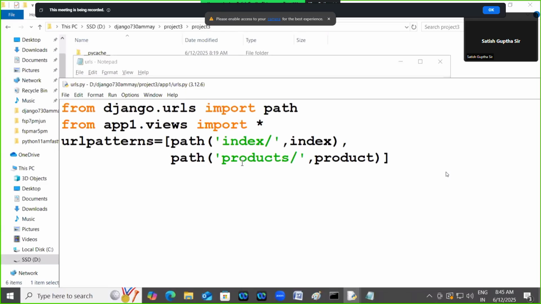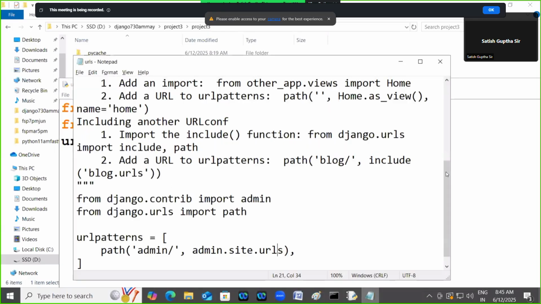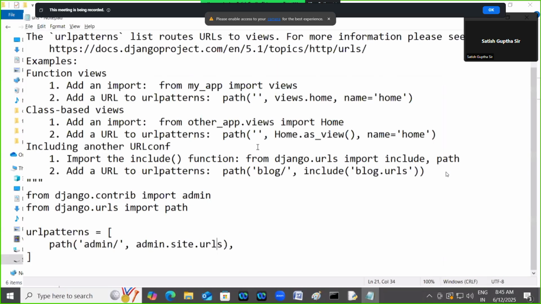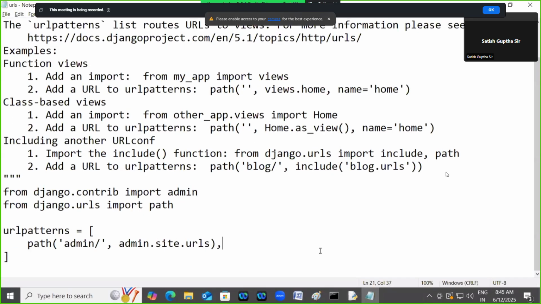So the entry point is the project, not the application. Then you have to include these URLs at project level. Open urls.py at project level. Now I'm saying here: from django.urls import path,